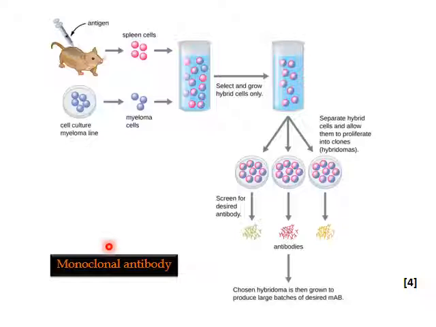Then these normal B cells, which are unable to proliferate for the longer time, are fused with myeloma cells, which are cancerous B cells, and it gives hybridoma cells. And these hybridoma cells are allowed to grow in the selective media in order to exclude the unfused B cells and myeloma cells. Then each hybridoma cell is allowed to grow as clones, and each clone is screened for the